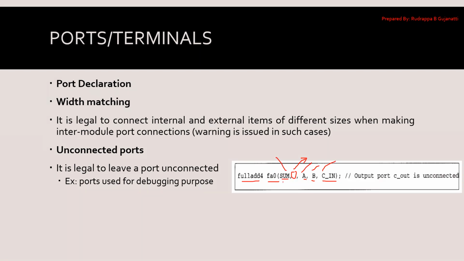So, when we are specifying, we should be careful enough. I cannot put a blank here and then put sum, so this will be taken as part of the sum. We had seen that this is 4 bits, and it is legal to give 4 bits to a 1 bit variable. Cout is 1 bit, so this is permitted. In this case it just throws a warning. Here in sum, A, B, and C in, we have left it as it is, so it is unconnected.